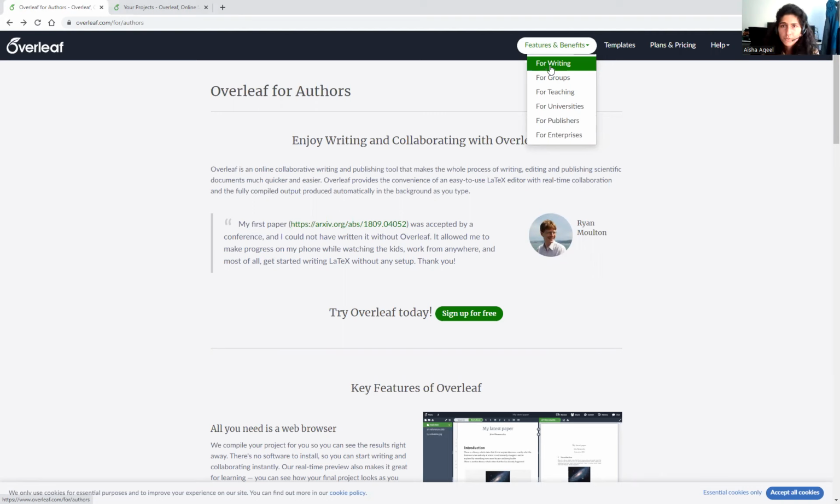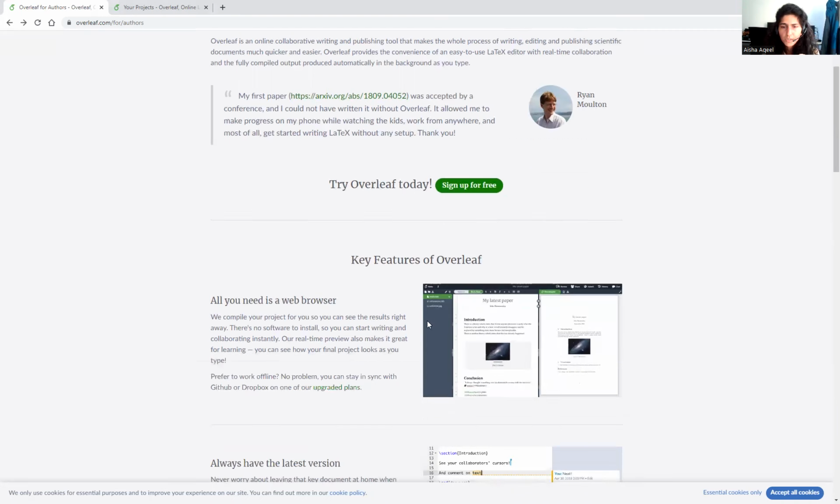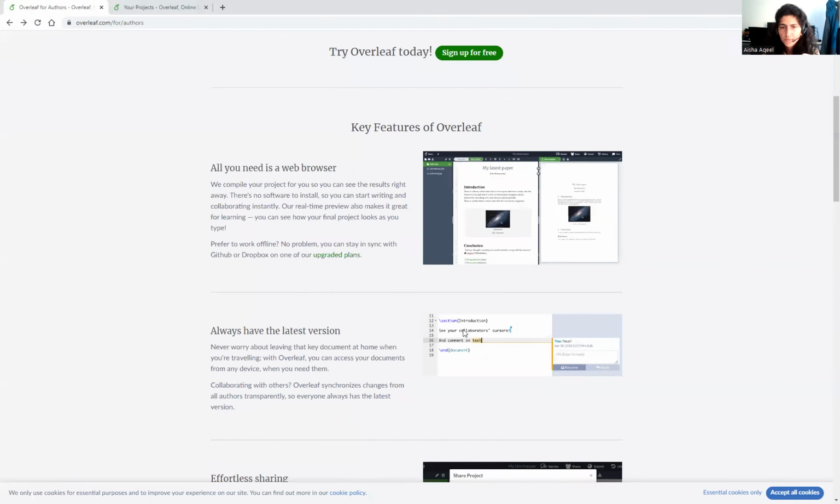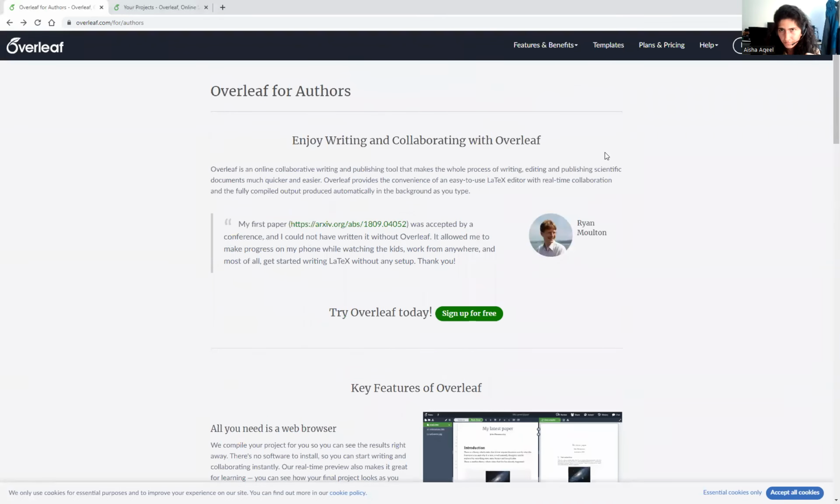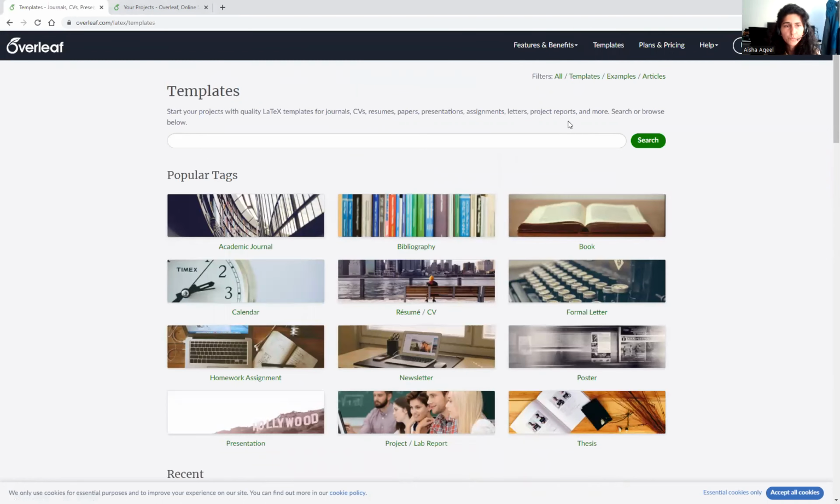So I will first show you for writing. If we click, you just get this page and they show some examples of how you can write it. There are a lot of templates available, many from universities.